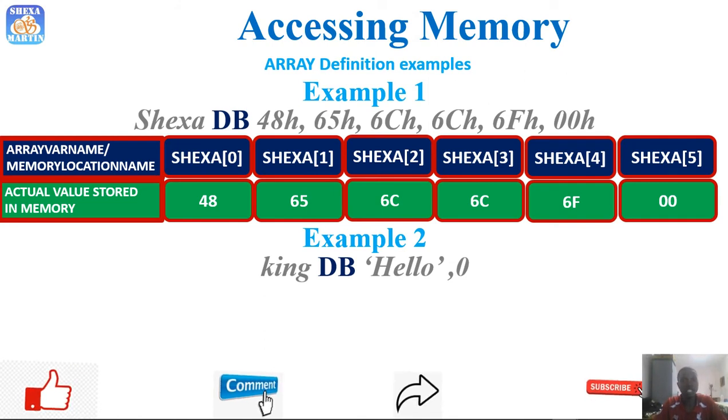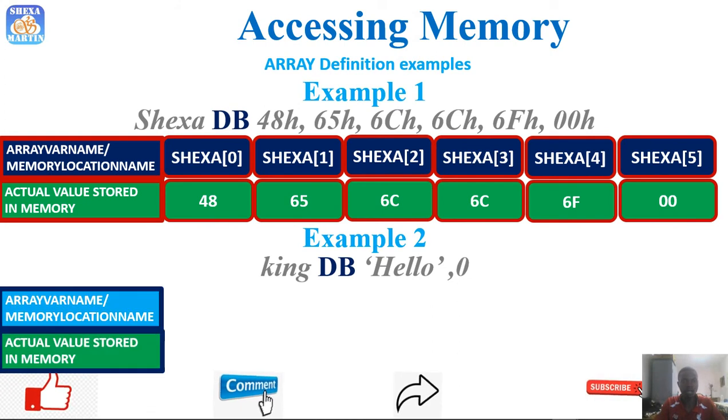So H is converted to a certain value in hexadecimal, and that value is the one that exists within 0 to 255. That is the ASCII code, as said earlier. So the ASCII code for capital letter H is 48. So you will see. Let's now look at our king byte variable,